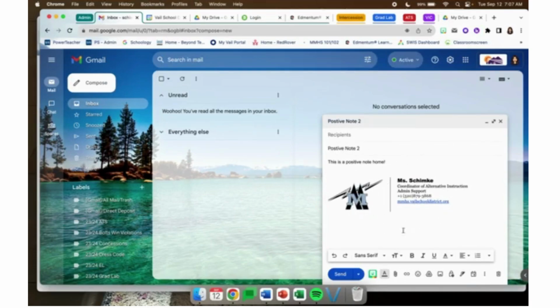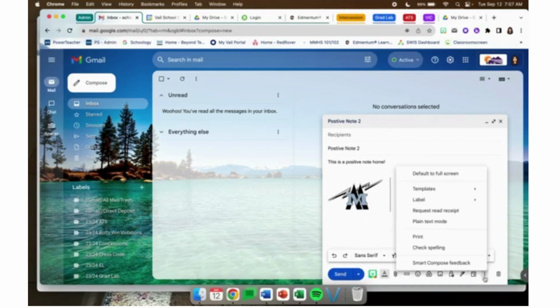You can see it already populated my signature. That's why you want to delete your signature out, because your email is set to always add a signature. So then it will add a double signature if you don't delete it. And then the text of your email will be right there. You can always do something like this,